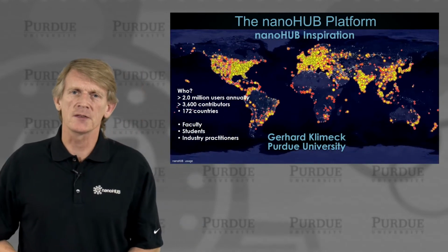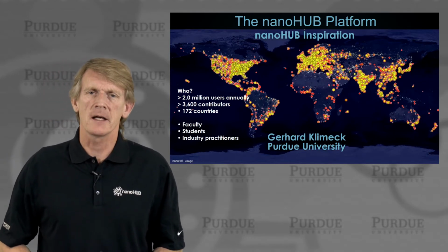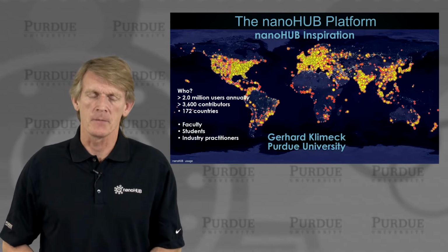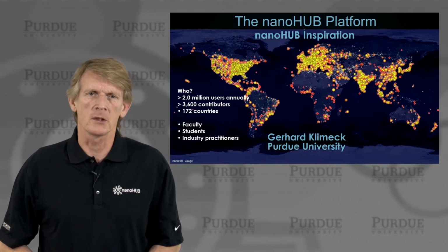It's instructive to also see this interactive picture more in a static form, where you can see that in an annual view, we have people all over the world interested in nanotechnology, wherever there's a civilization that can have the energy to light up the night sky. So let me tell you a little bit more about nanoHUB and its inspiration and what it does and what